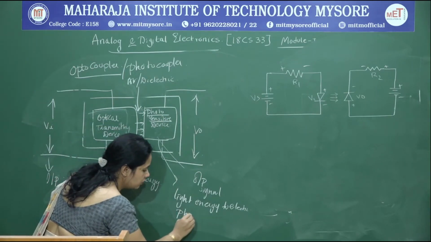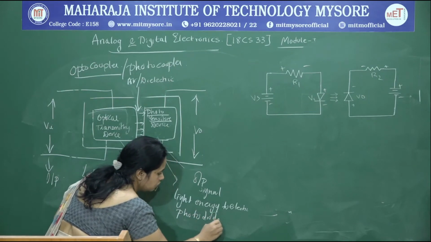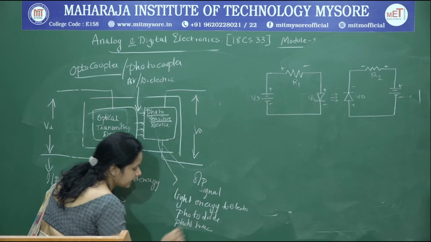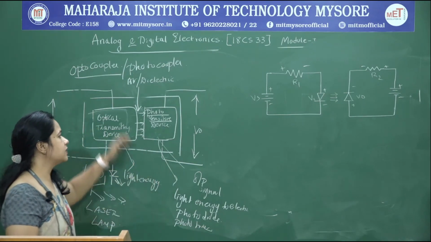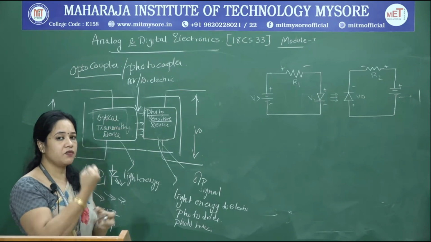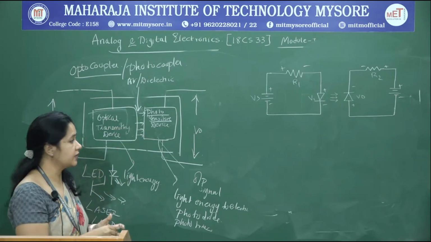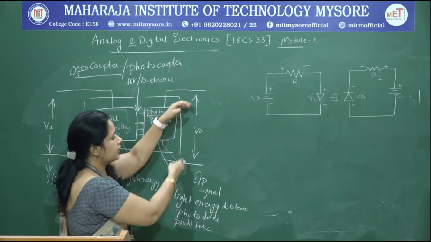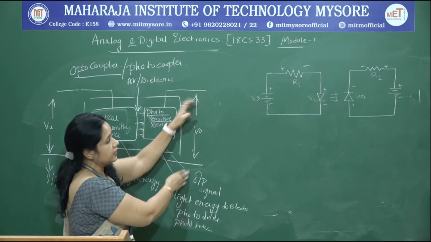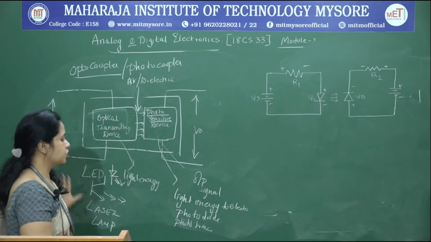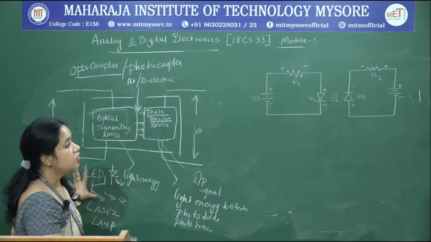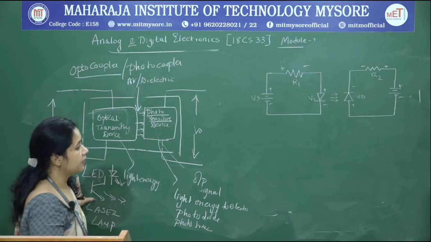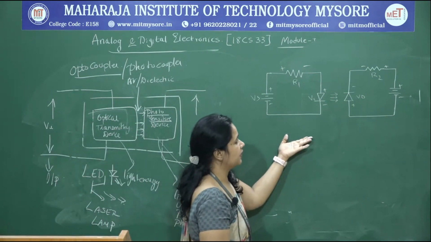And you have a wide range of choices to be made for photosensitive devices. It could be a photodiode, you could have a phototriac, photodiac, and so on. So these devices pick up, they sense the presence of light falling on them and convert it into electrical energy. So thereby your input electrical signal will be coupled to the output electrical signal. So to understand, this shows the constructional details of your optocoupler. To understand the working of your optoelectronic or photocouplers, we have an arrangement something like this.